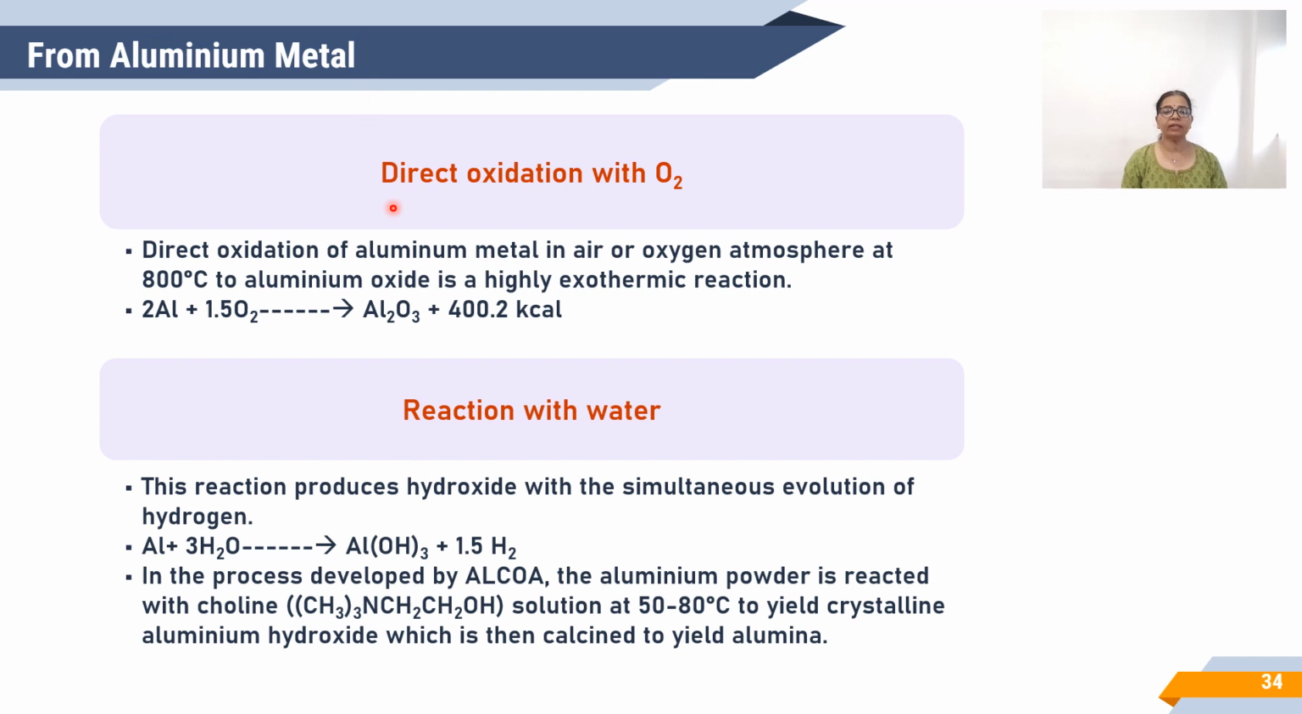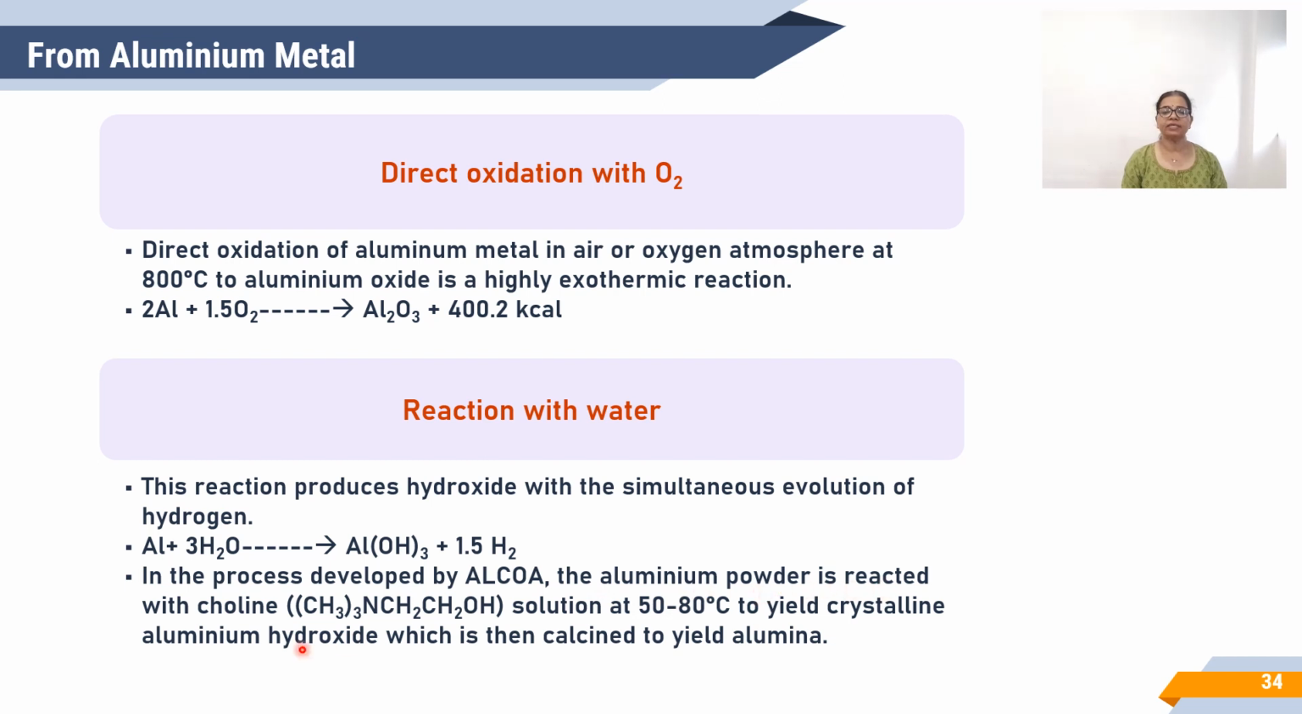From aluminium metal, that is direct oxidation with oxygen in air or oxygen atmosphere at 800 degrees centigrade, which is a highly exothermic reaction, and about 400.2 kilocalories of heat is liberated in this. And again the reaction with water, which produces hydroxide with the simultaneous evolution of hydrogen. You can see the aluminium metal, it is giving 1.5 H2, and in the process which is developed by Alcoa,